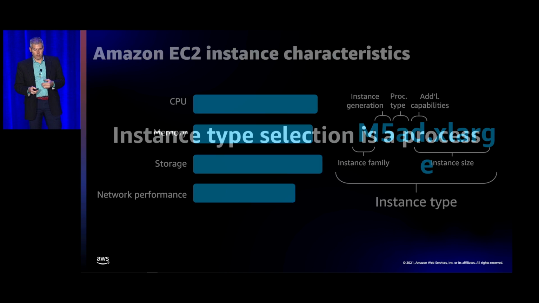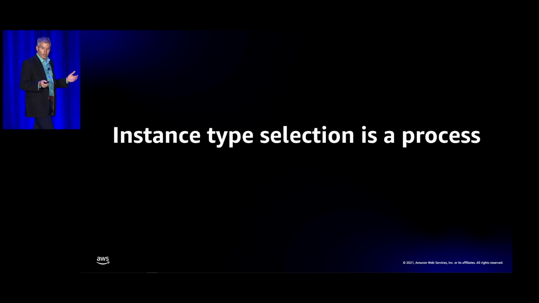OK. So next. Now that we understand what an instance is, let's talk about the selection itself. Before starting on that selection, the prerequisite for your workload is to ask the following questions. What are the things I need? What are my business requirements? I think you should start with that. Do I need consistent high performance, or do I need low cost to keep up with certain SLAs that are operational for us?